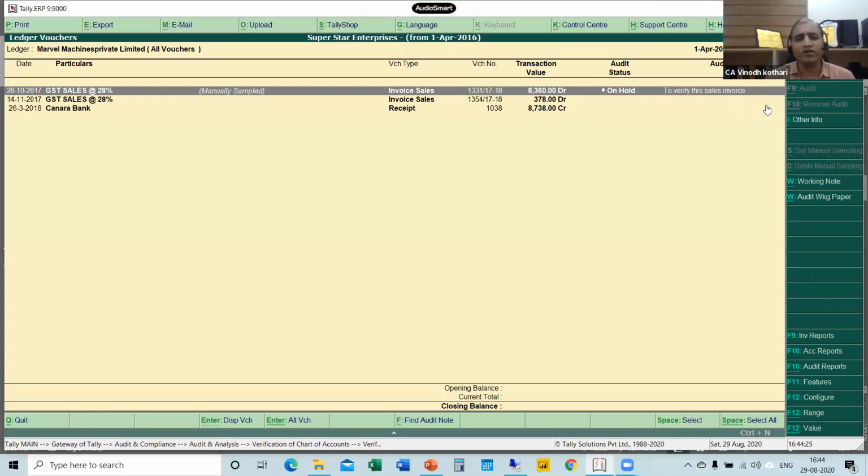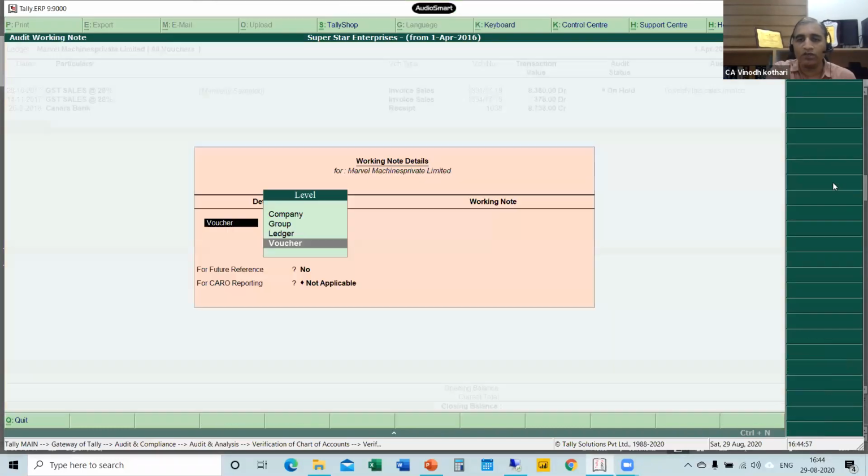Now suddenly I have a doubt whether the 2018-19 GSTR 9 audit has been done or not. Sometimes we have these kinds of doubts. So now I have a general query about the company. How to provide a general query here? You can see that on the right hand side there is an option called working note. Any general query can be provided in the working note. You can see this working note, right? So click on this working note.